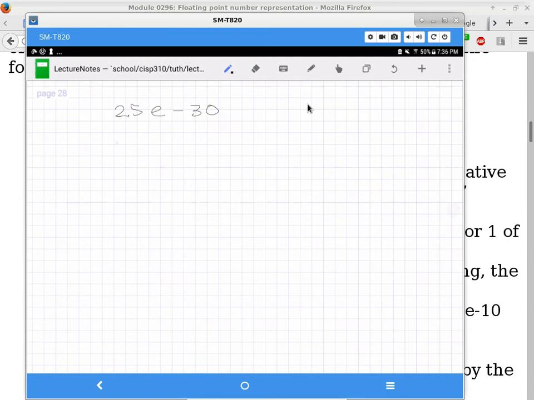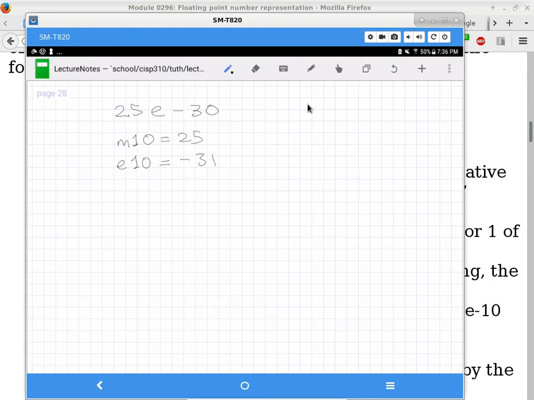Okay, so I'm going to use M10 to mean mantissa in base 10. That's going to be 25. And then E10, the exponent of base 10, is not negative 30 anymore because I just bumped up the mantissa to be 10 times what it should be. In order to adjust for that, the exponent has to decrement by 1. So my actual exponent in base 10 should be negative 31. Is that okay?